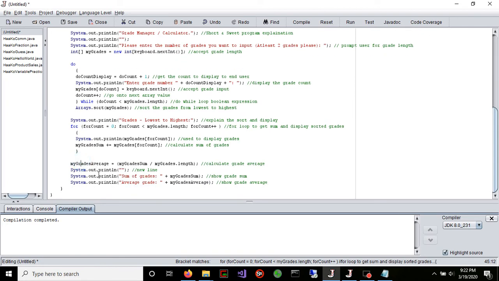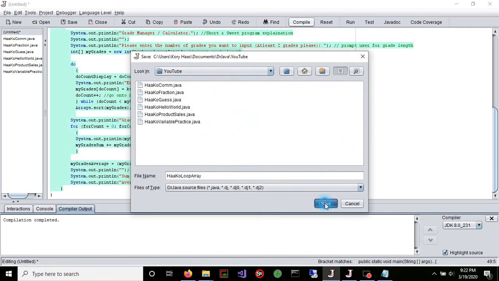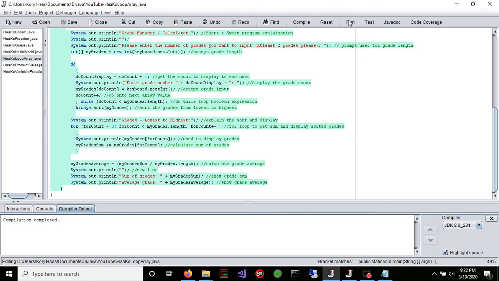So we're going to do the calculation for the average. We're going to add a new line. We're going to tell them the sum of the grades and then the average grade. Let's compile and give this a shot. Now when we hit run,